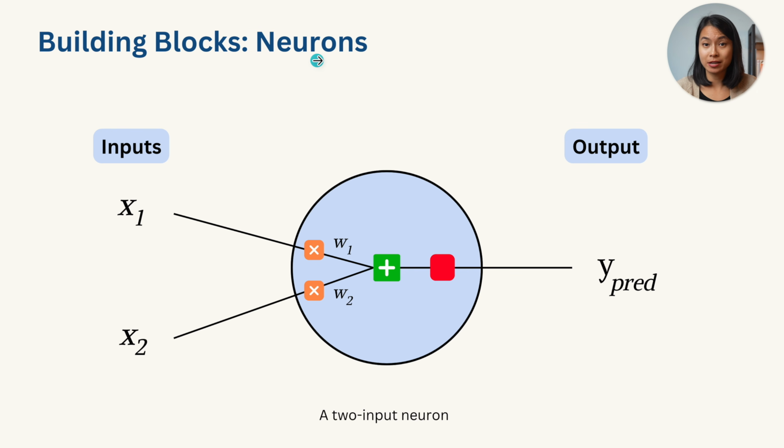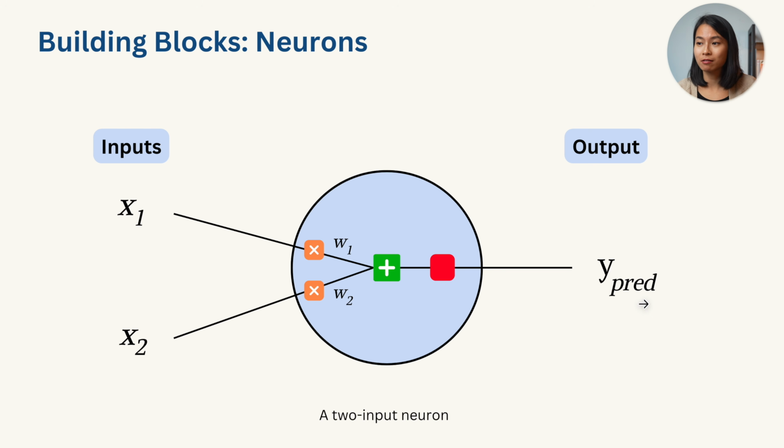They are the basic unit of a neural network, so understanding this is really the key to understanding how neural networks work. A neuron takes inputs, does some math with them, and produces one output. And here's what a two-input neuron looks like. We have two inputs called x1 and x2, and here we have the output y. And here I added a subscript, pred, which stands for predicted. y_pred is the predicted output from this neuron, and it is not to be confused with the true output or the actual labels that you get from the data in supervised learning.